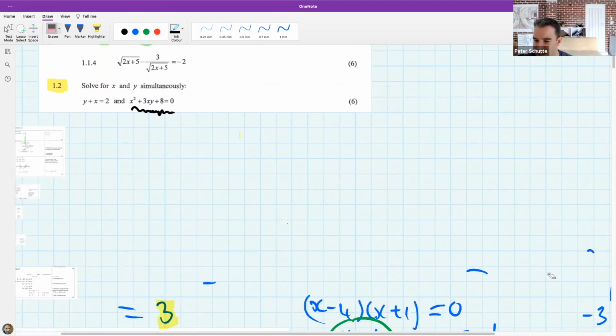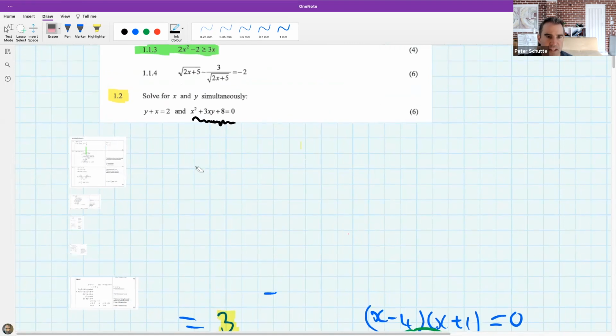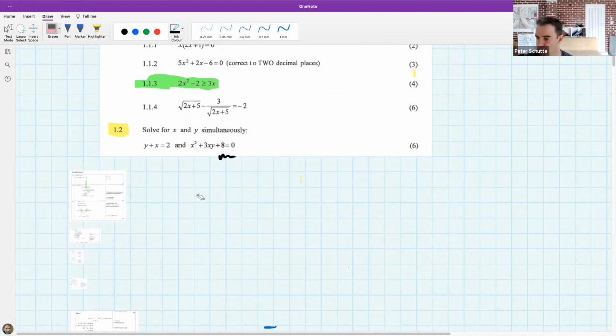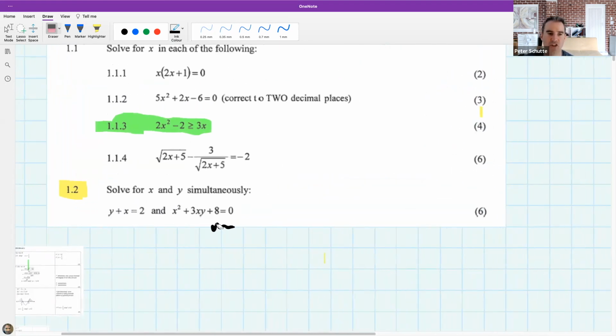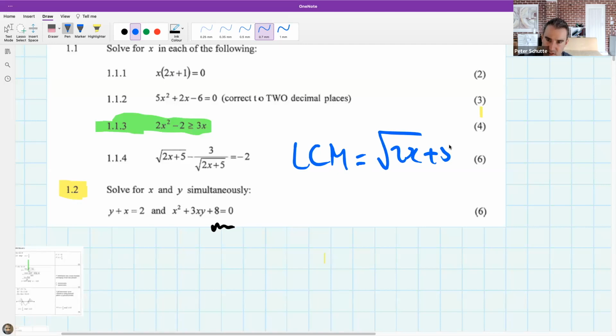Well, yeah, it actually is an LCM equation too, but these things look to me like something called a surd. So this looks like a surd equation, but you're right, it's a surd equation that has fractions. And so the key to answering this question, maybe I won't finish it today, is to multiply by this thing. So you're going to multiply both sides of this equation. Everything is going to be multiplied by the surd 2x plus 5. And when you do that, you're going to get